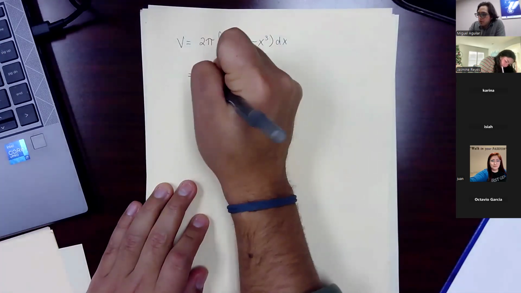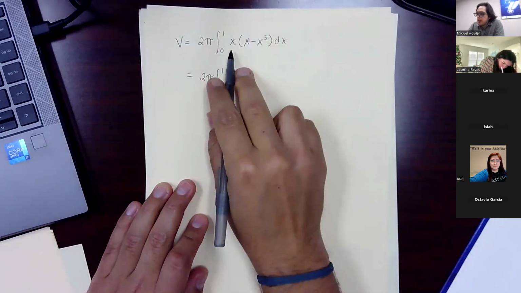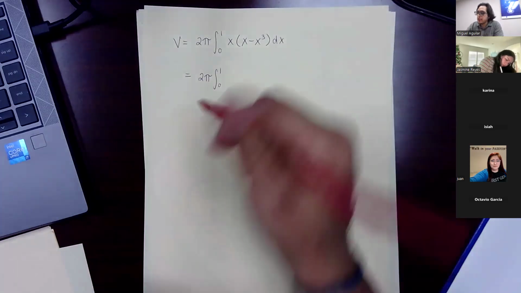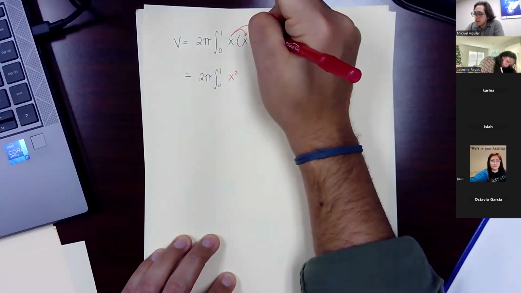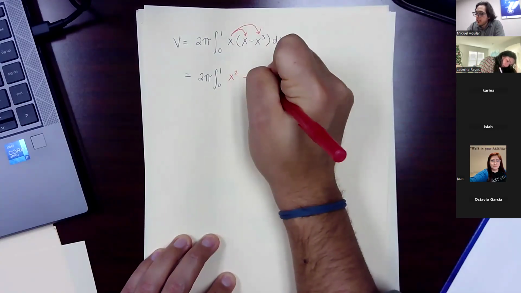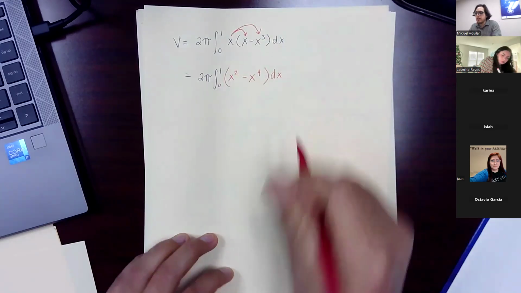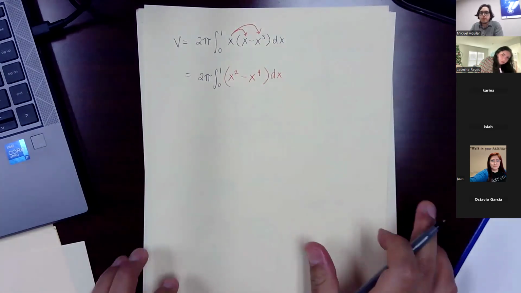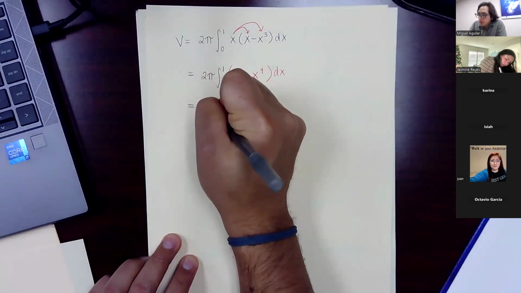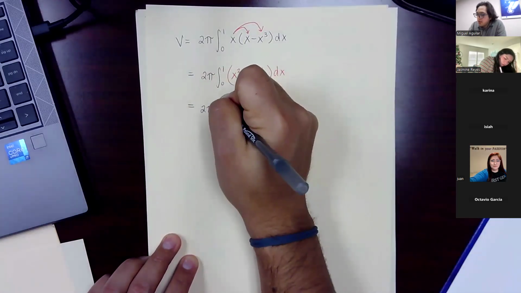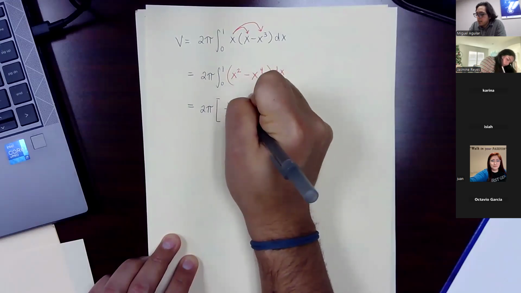And with some algebra just to help us simplify, this integral, we can go ahead and just distribute the x here. So x times x is going to give us x squared. x times x to the third is going to be minus x to the fourth. And then we have our dx here. So now we have 2 pi, and we can go ahead and integrate this. So this should be 1/3 x to the third